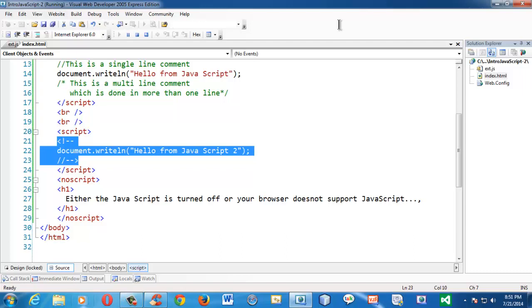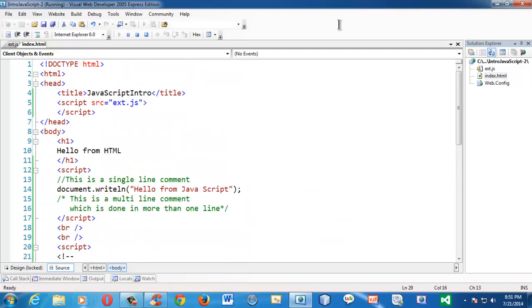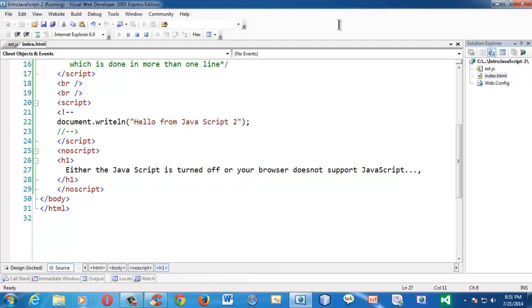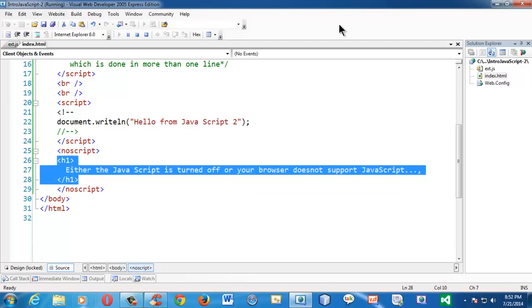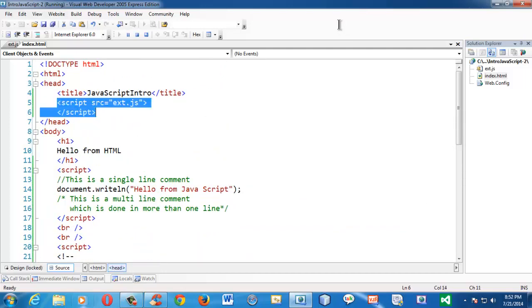We have also seen what a NoScript tag is. If JavaScript is accidentally turned off in your browser, the NoScript tag is fired and warns the user with this message, so that he can enable his JavaScript and run the script as normal. We have also seen how to link external JavaScript files using the src attribute in the script tag.